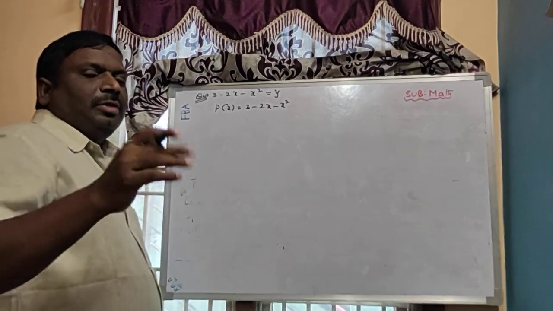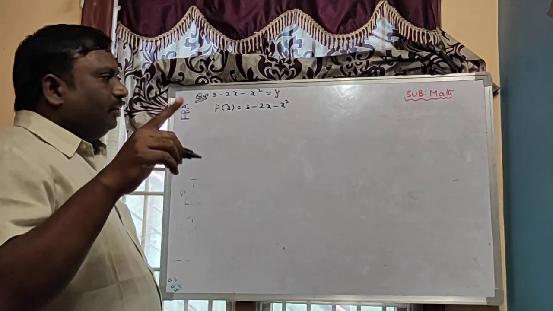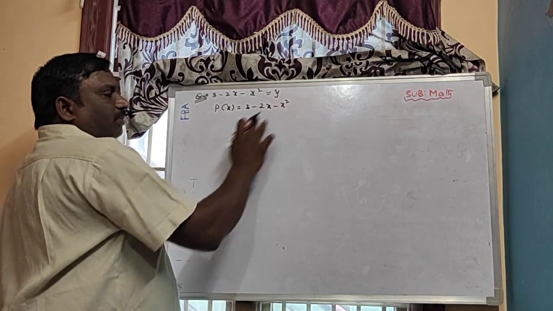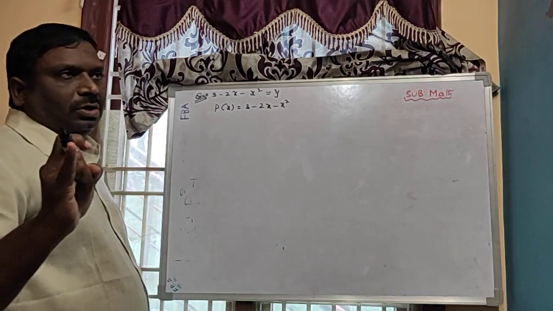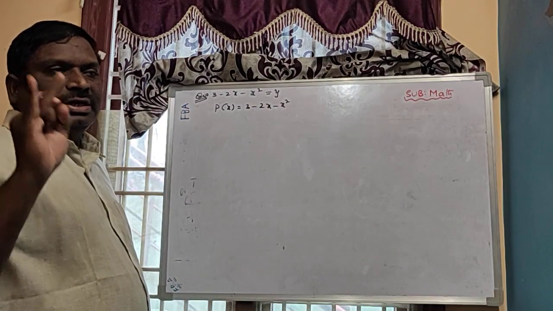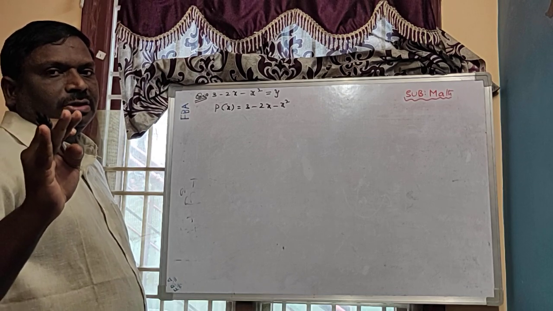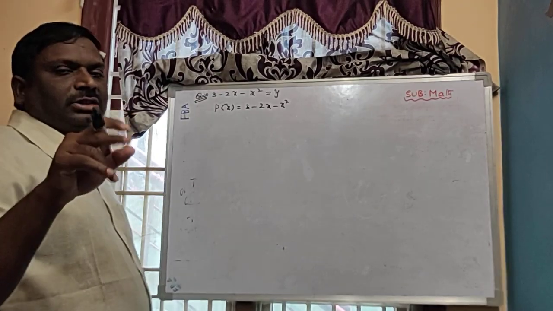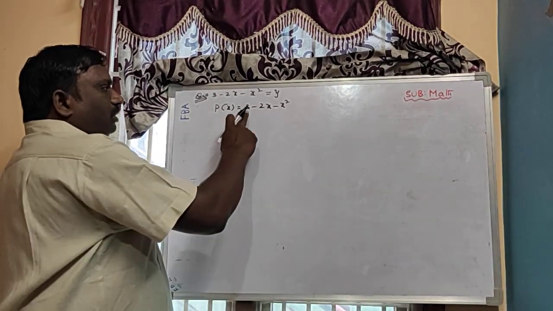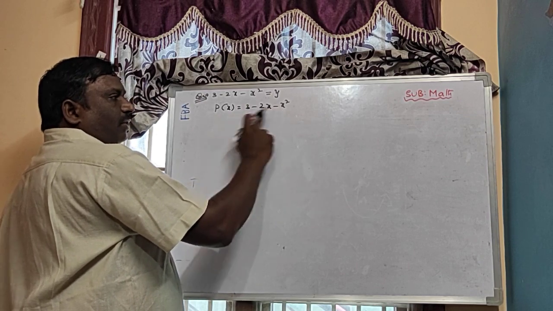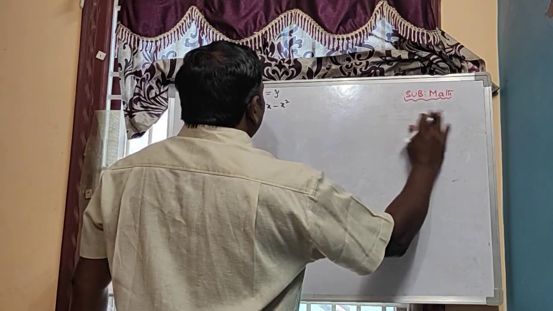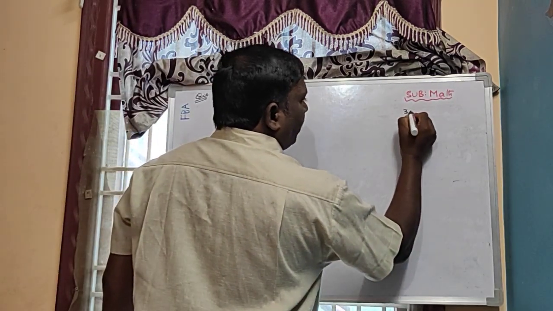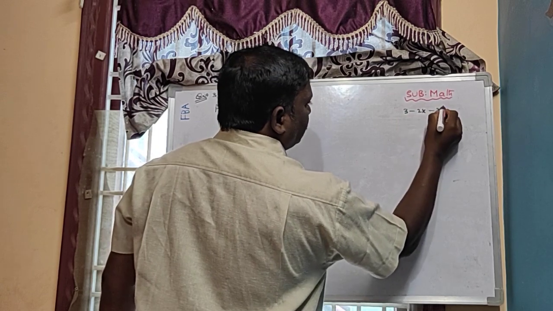Yesterday we discussed the precautions to take when drawing the graph of a polynomial. So now, for 3 minus 2x minus x square, we have to draw the table. Next, result and justification. Result is nothing but where the graph touches the x-axis, and justification is factorization. First, in your rough page, identify the zeros of this polynomial, 3 minus 2x minus x square.